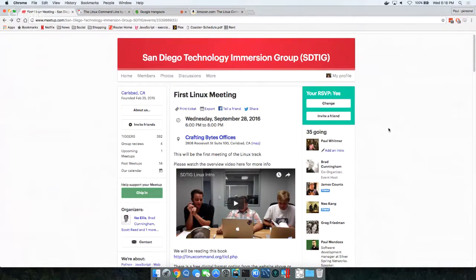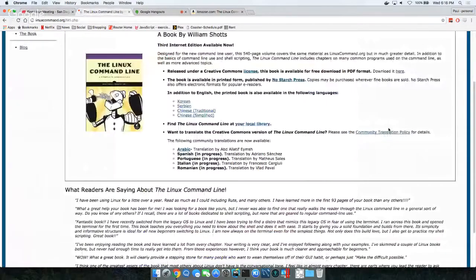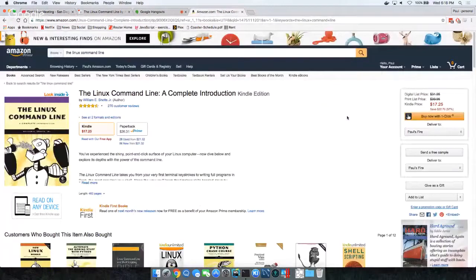Any other questions about the book or anything? Does anybody have the other version? Somebody said they got a printed version that wasn't. I have 2. I don't know. What does Amazon say? Look at the Amazon page. Amazon claims first edition. I don't know. First edition, I guess. It doesn't say in here.